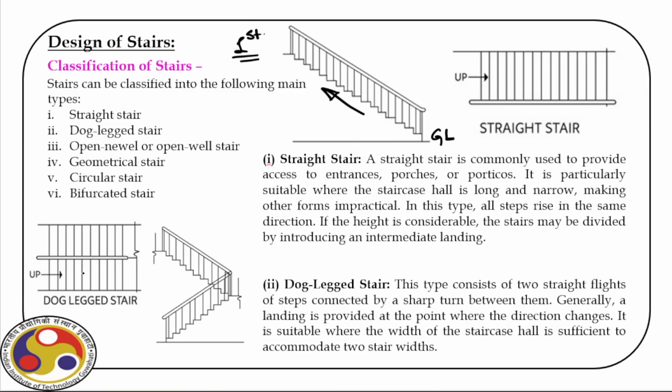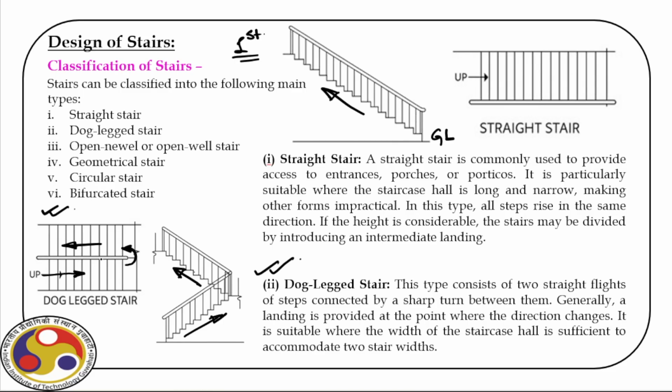Then comes the most common one, the dog-legged stair. We'll actually design this type of stair, where we have 2 flights. So this way you go up, then there is a half landing here. So you turn and then there is another flight, so you go upstairs. So this is the side view from one level to another. This one is the most common one, and there is another modification of that, as I already told you earlier,